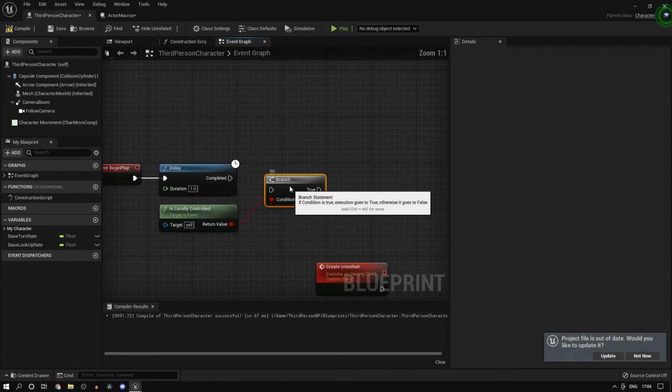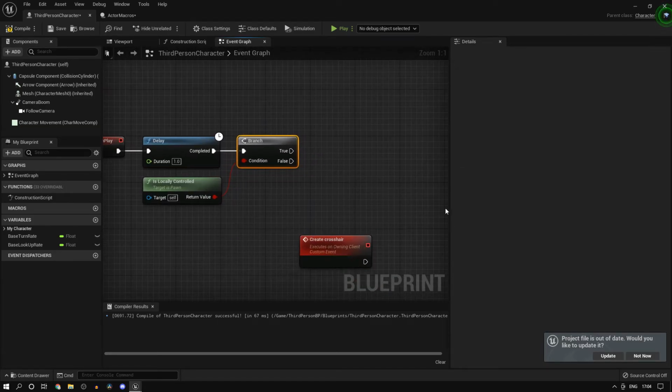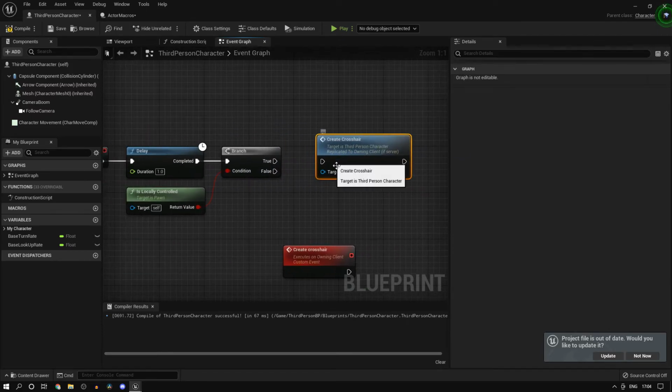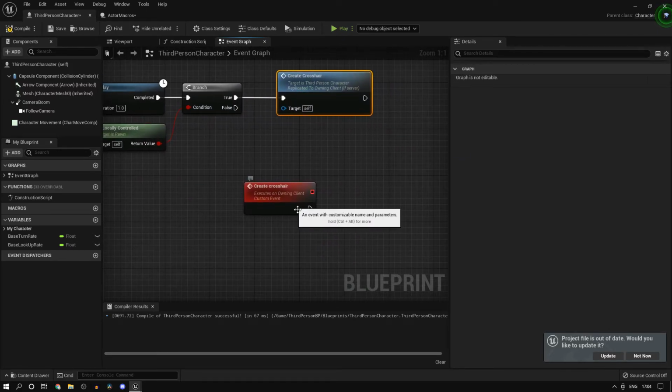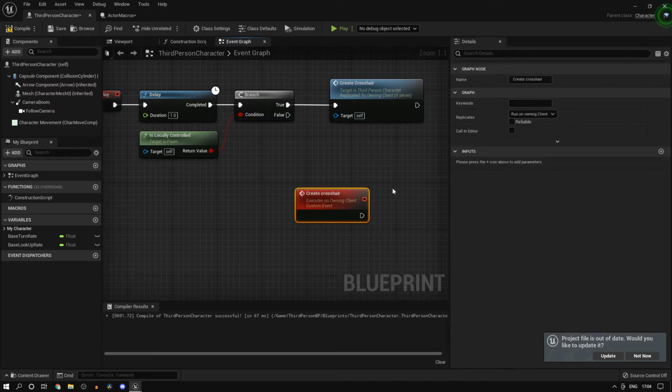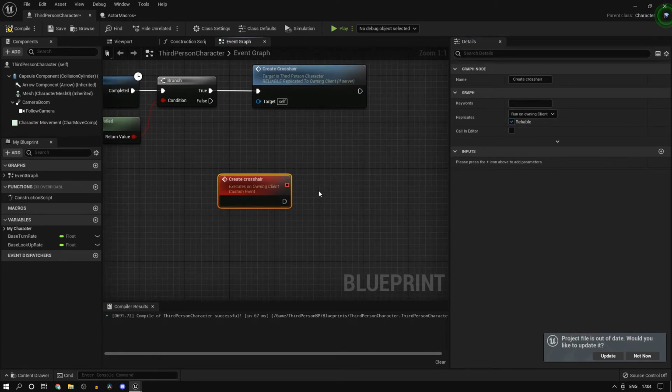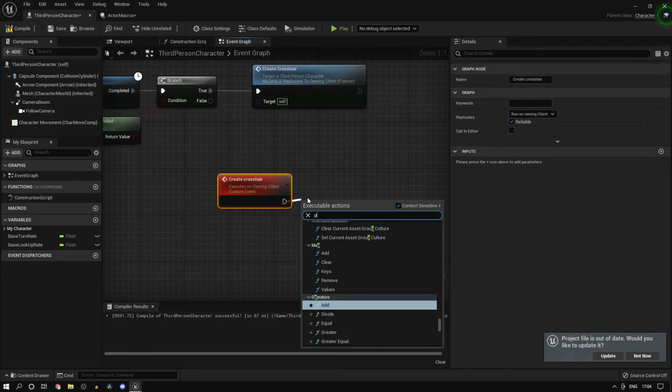So to avoid that, what you can do is call this on is locally controlled. Actually we don't even need the remote procedural call here, you can just have it over here. It's just for being extra redundant here to be safe.